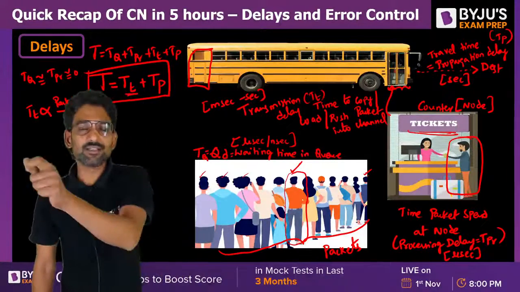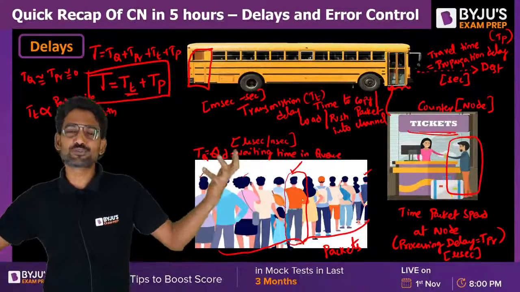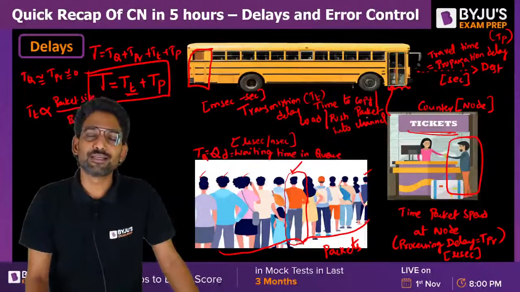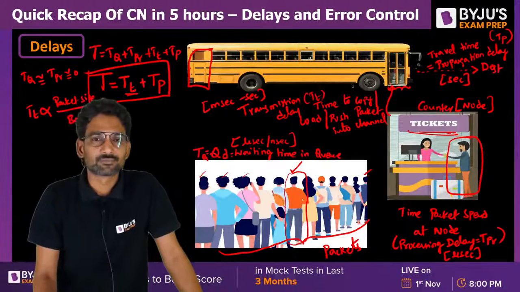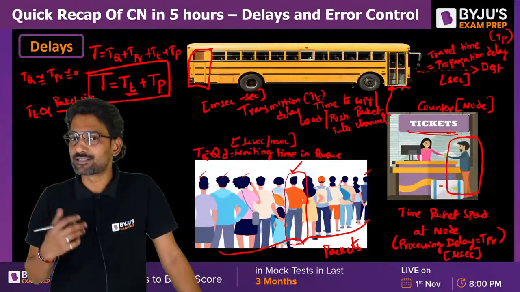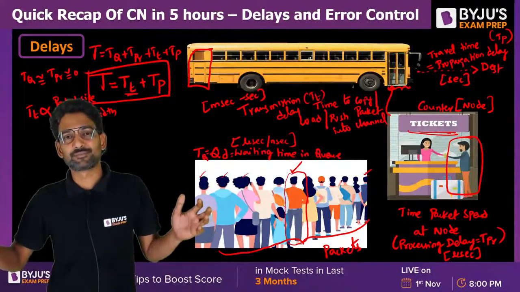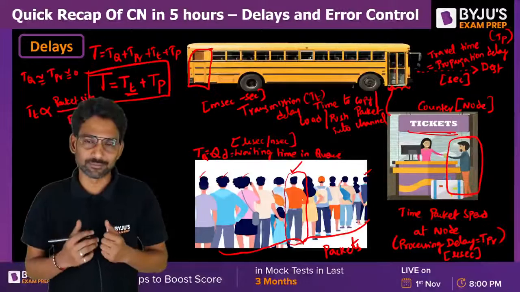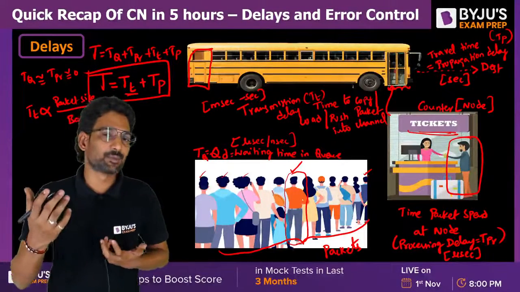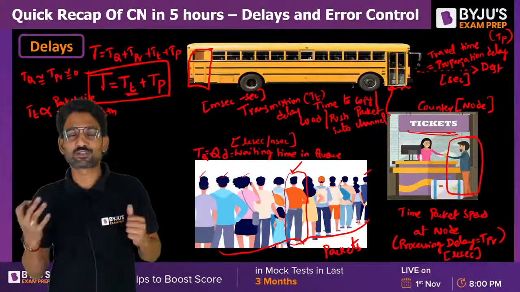Now, what is propagation delay? Journey time. It is the most famous formula. How do you calculate normal time? Yes, distance by speed, distance by velocity. How long you have to travel and at what speed you are traveling. It is directly proportional to distance, inversely proportional to velocity or speed.